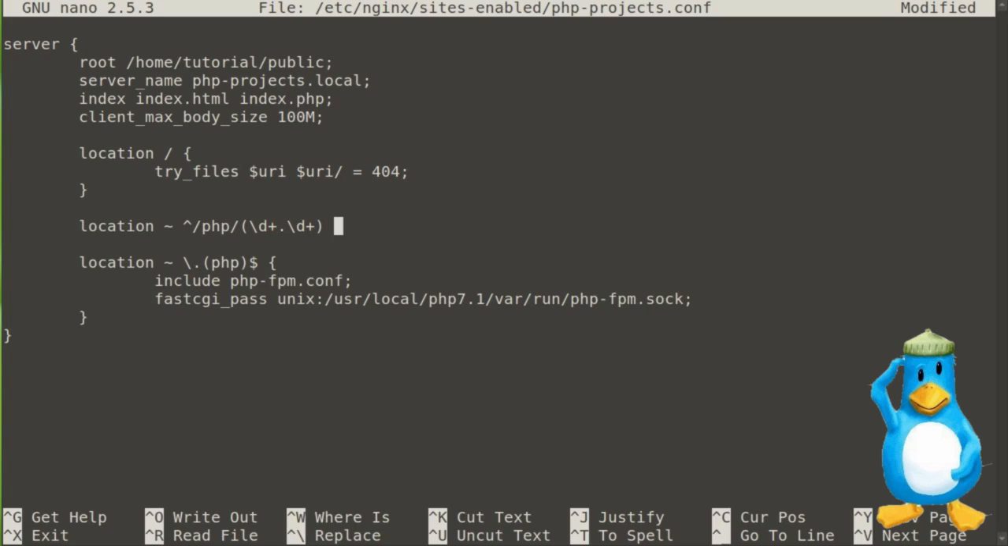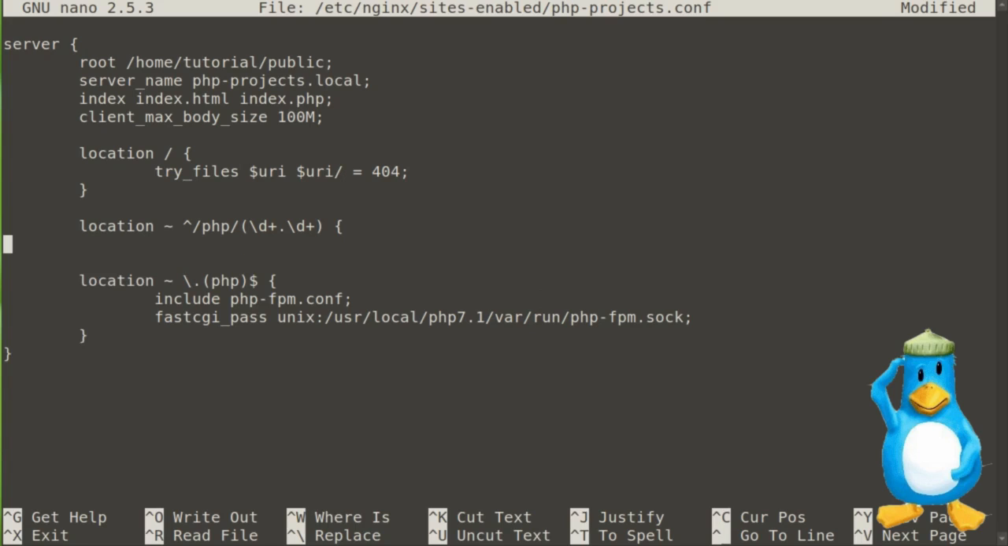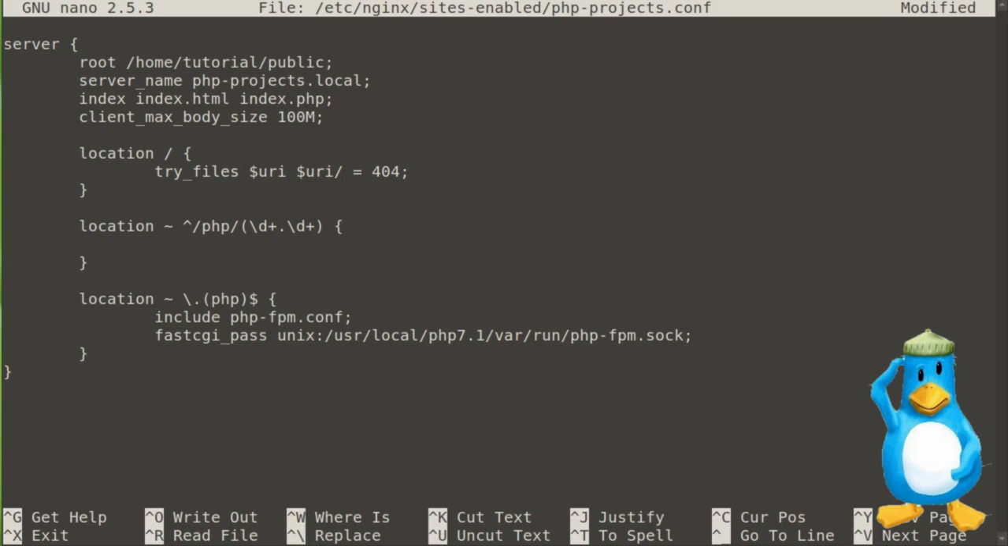So we can then say we want to open bracket, we'll close that bracket while we're here, go back, and then what we want to do in here is we want to say try_files, and we say the usual, which is $uri and $uri/ =404,